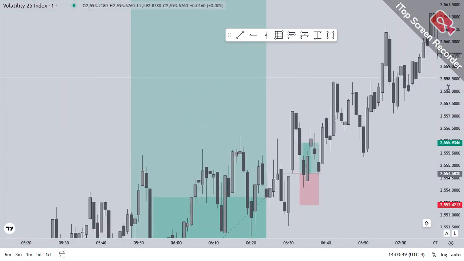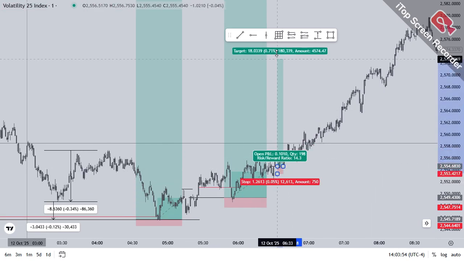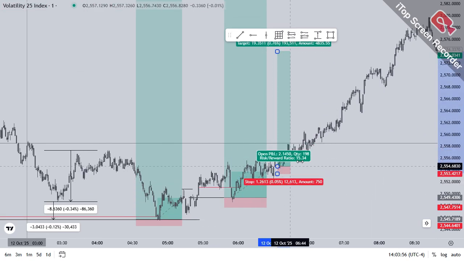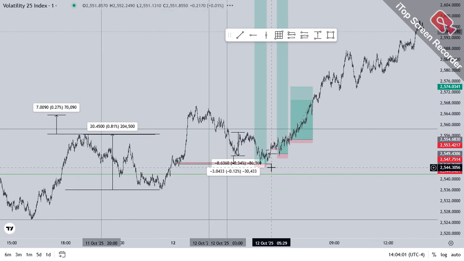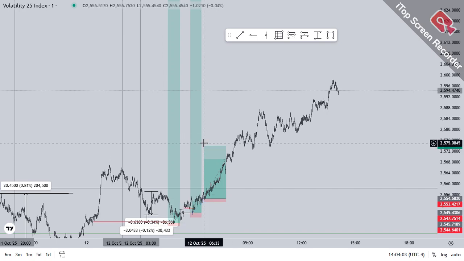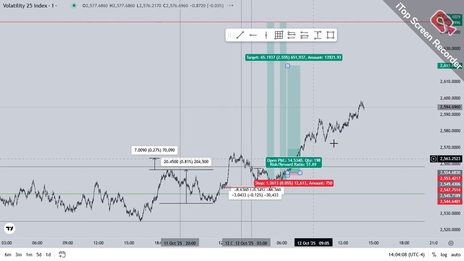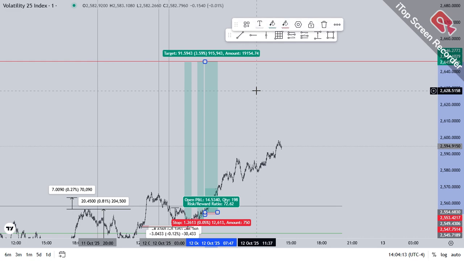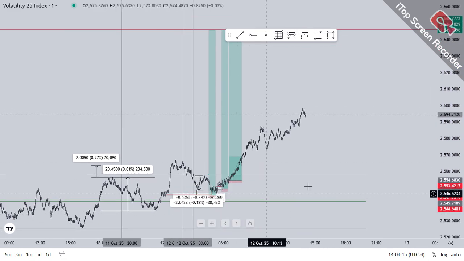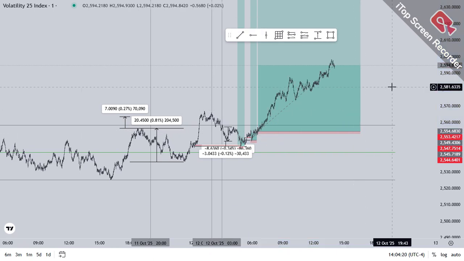So this is the entry technique that I will be using from now henceforth, because I notice it plays out a lot. It's going to give you the opportunity to add positions upon positions upon position. Okay, and it reduces the stop loss because it makes you have a shorter stop loss and a higher take profit,